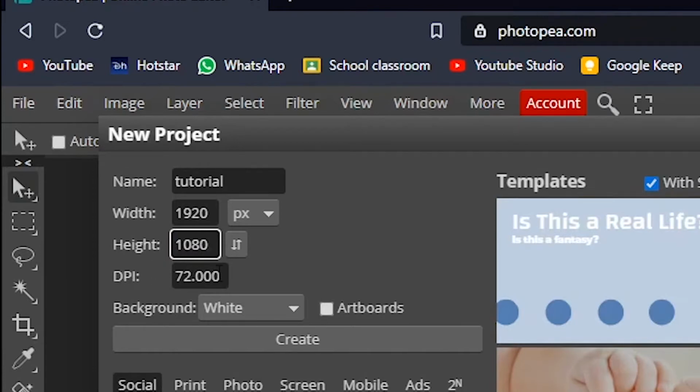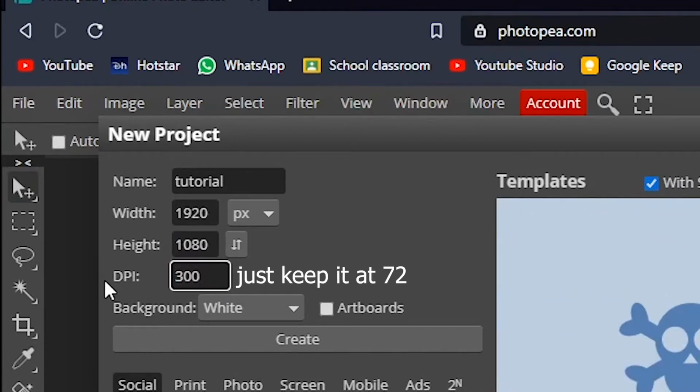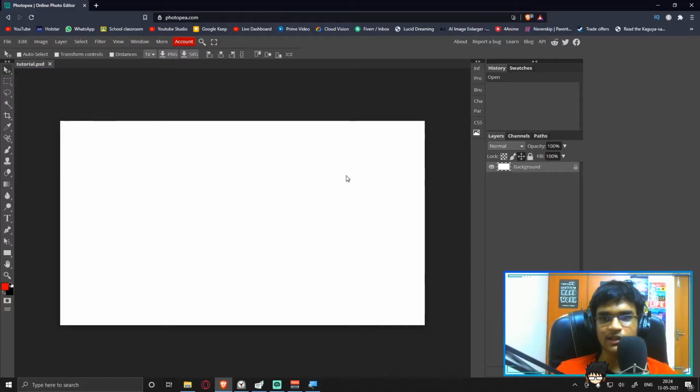The DPI, okay, so I made a mistake here. I put the DPI at 300. It should have been 72. As you can see, right now it has changed the entire structure from 1920 by 1080 to 8000 by 4500. I just wanted to say that because as we go further in the video, the app will lag a little bit for me. Everything that I import will also be very small. The reason for that is because I forgot to double check whether it was 1920 by 1080. The background can be transparent also, but here I'm giving white. There's no problem with that.